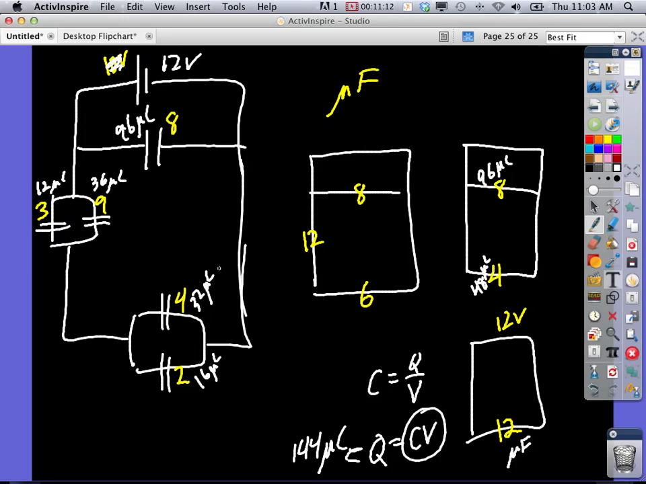If you follow the loop rule, right, then this should be 12 volts. And V is Q over C. So 96 divided by 8 is 12. And if you divide this, 12 divided by 3 is 4. And if you go through, yeah. All right, so